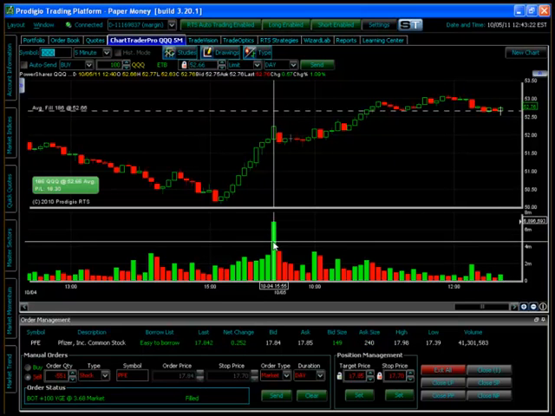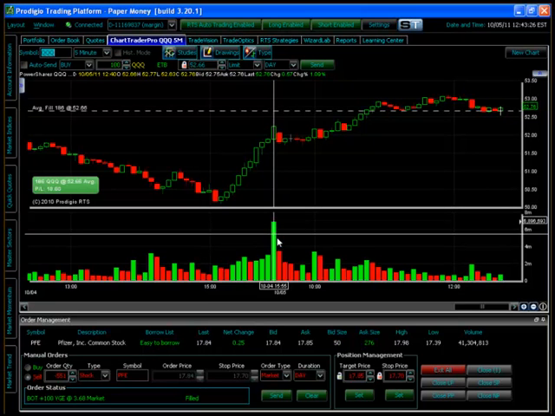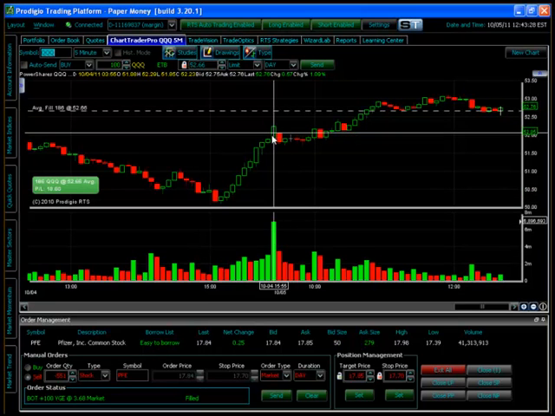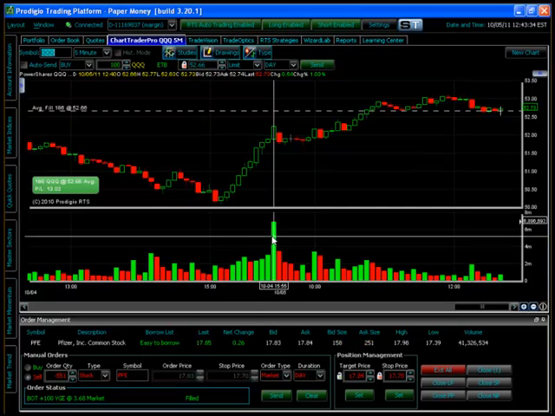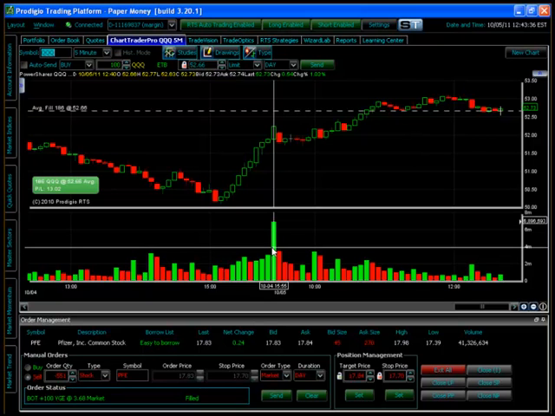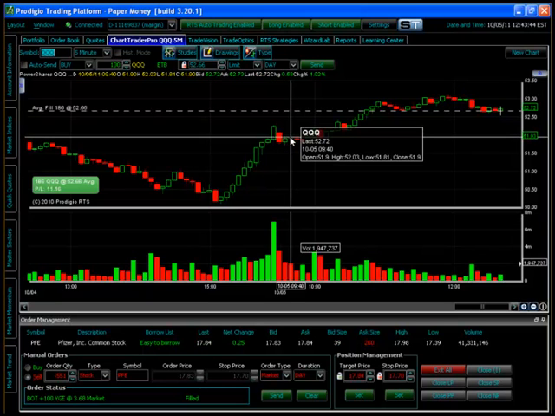I look at this big green bar and I say, wow, that's a lot of volume, something really happened. Even though this is the tail end of this move, maybe the queues are going to keep going up. And it did. I could have made a very simple, possibly naive assumption that this was a good time to get in on this move, and if I had done that, I would have been right and would have made a nice profit. But the point is that